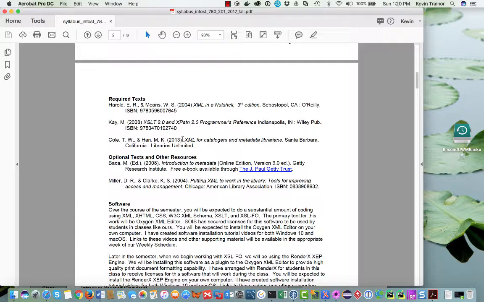The readings in Harold and Means and Cole and Hahn are important, but you can catch up on those when your books arrive. Okay, so they're an expression of what we're exploring in week one, which is what's this XML stuff all about in general in Harold and Means, and what's it about in particular for people in the LIS field in the case of Cole and Hahn. Okay,